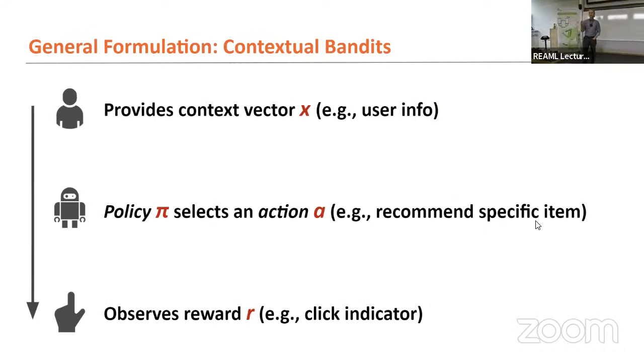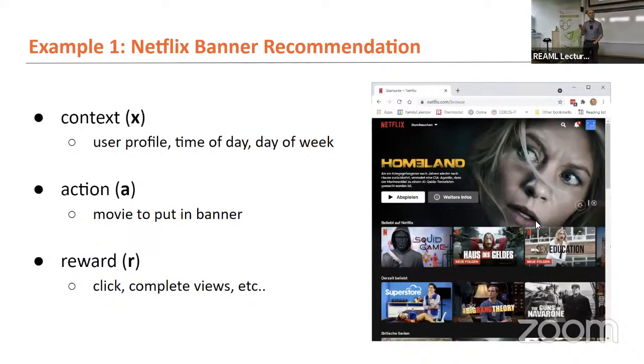So a little bit more formally, many have seen this kind of setup. It's called the contextual bandit setup. So user comes in with some context vector. Can be a query, can be your user profile, like what we've done in the past, some features describing you. Then the system is a policy. It takes this input, this context, and then takes an action based on that, like making a specific recommendation, and then you observe reward. That's this contextual bandit loop that we typically think about. And it's a reasonably good model for a lot of these interactions that we have.